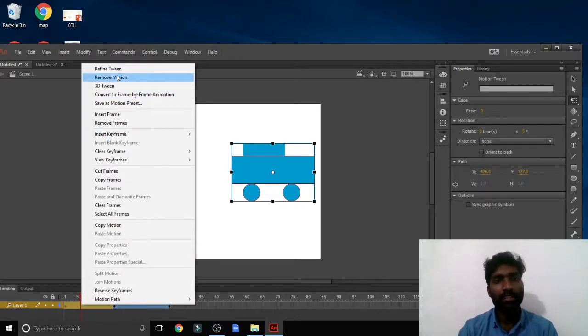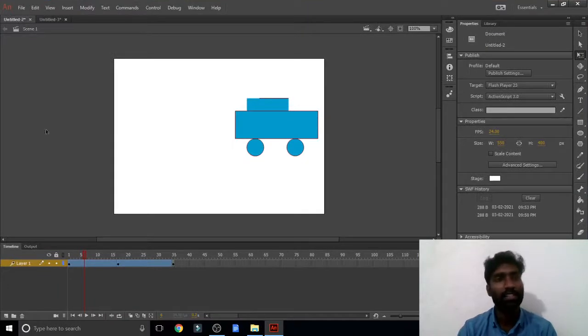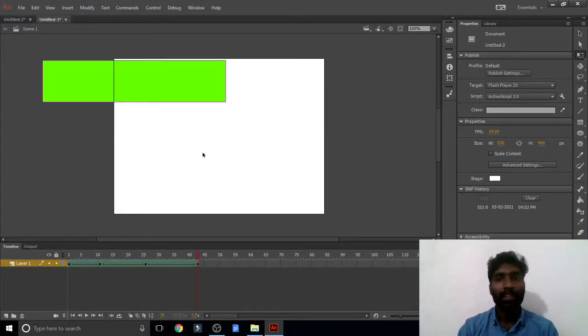Motion tween, everything is correct, but it is not working. Everything in the options is correct. But now you came to the shape tween. Shape tween will change the object's shape.